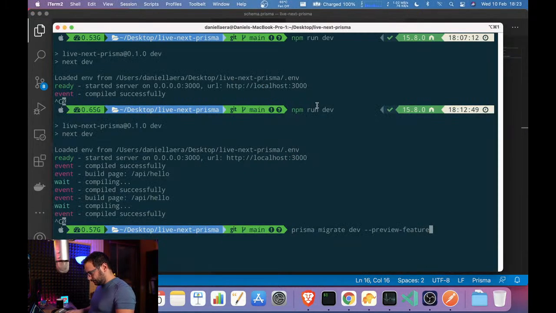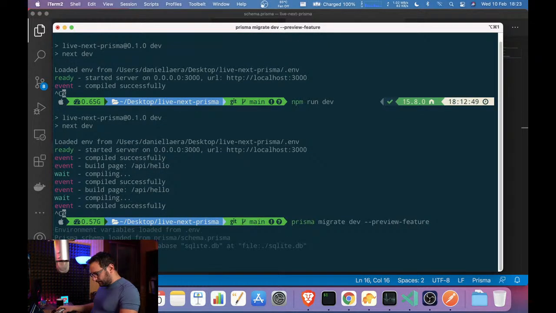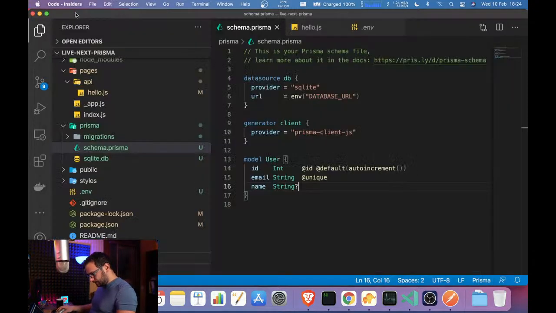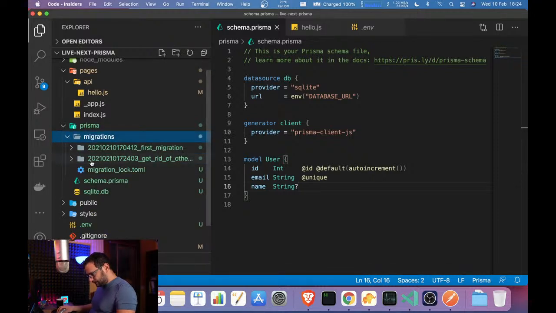So Prisma migrate dev dash dash preview dash feature, then the name of our migration. Get rid of other tables. I think it's now in sync. So the migrations you have first and get rid of the rest.